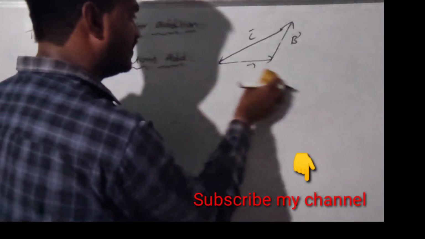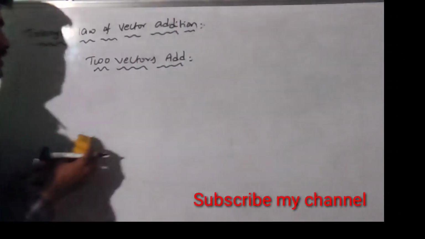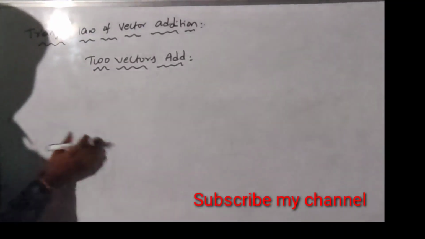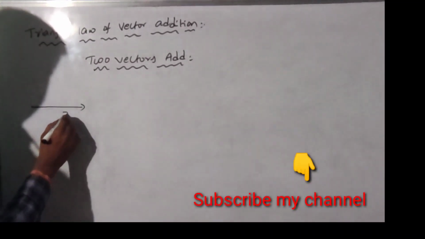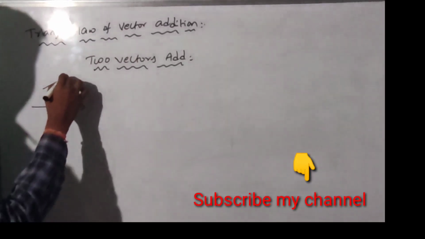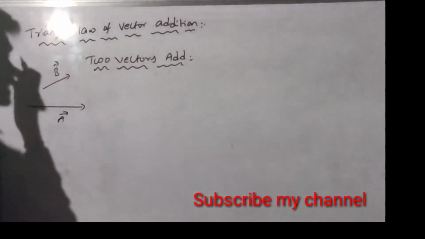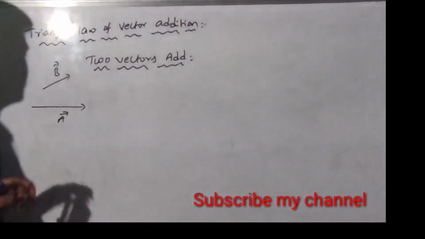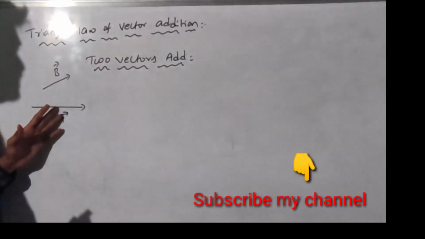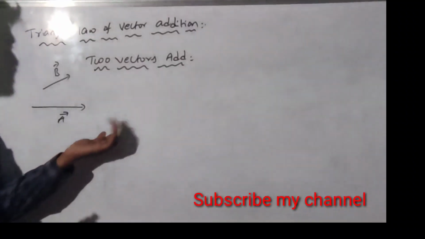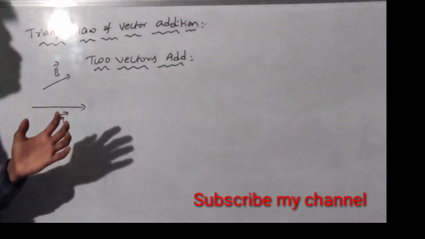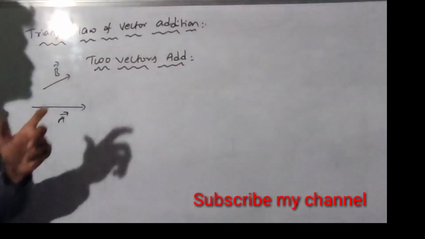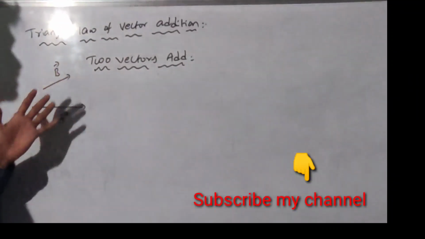Now in vector addition, for suppose two vectors, one vector is a bar and another vector is b bar. Here the triangle law of vector addition, the first definition, says that whenever two vectors are added in the same order, then the resultant we get is in the opposite direction. The resultant must be opposite, then only this law is applicable to us.